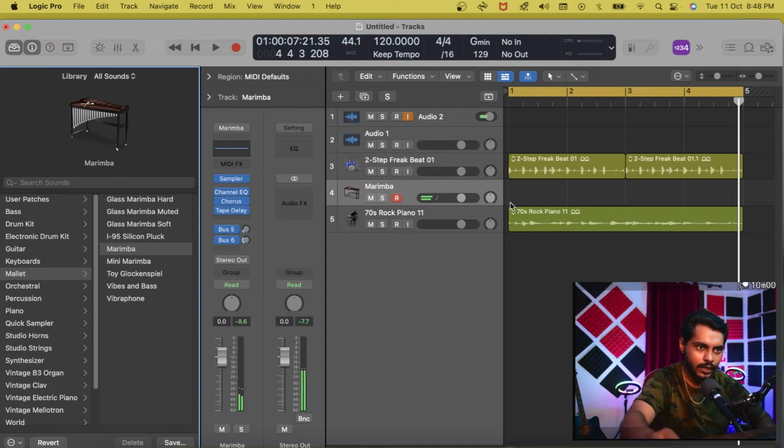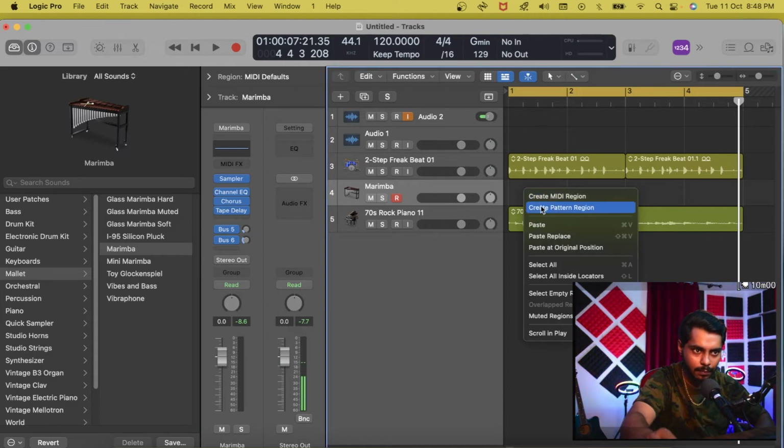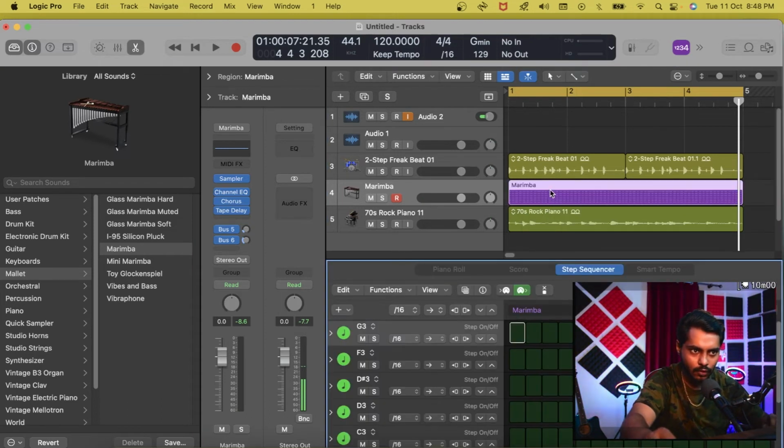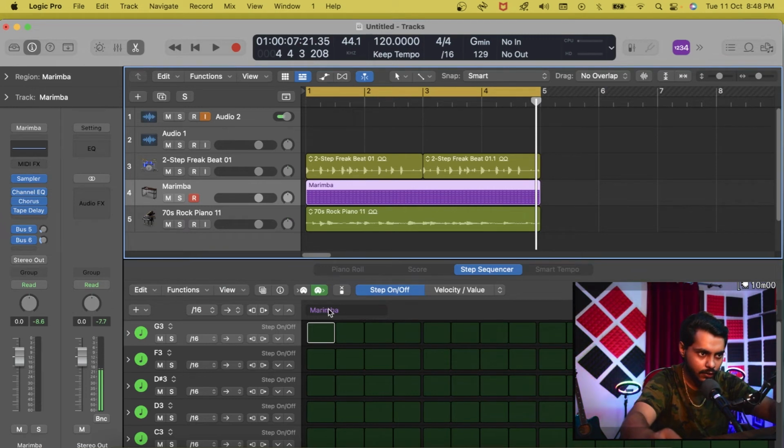So what we can do is we can create a pattern region over here, and basically what we'll do is we'll close the library. We will select